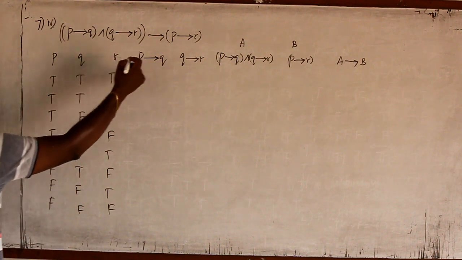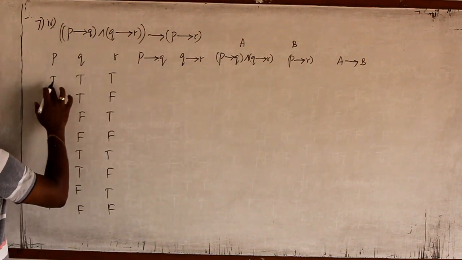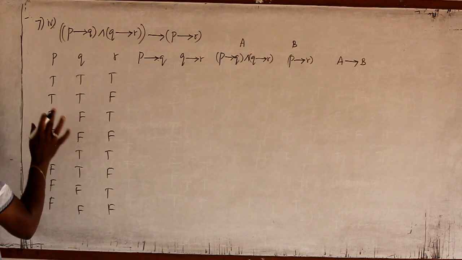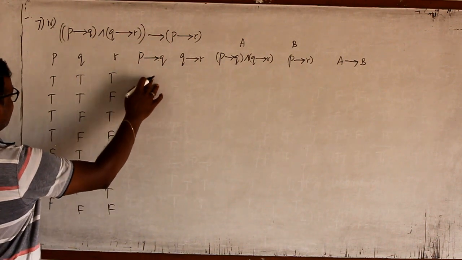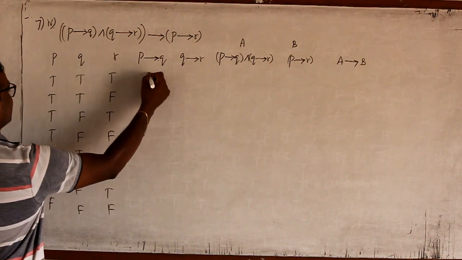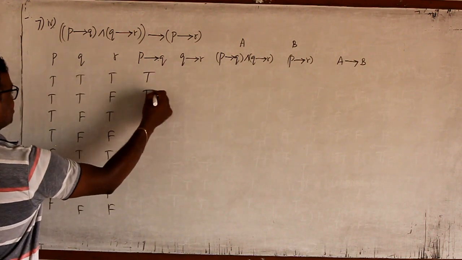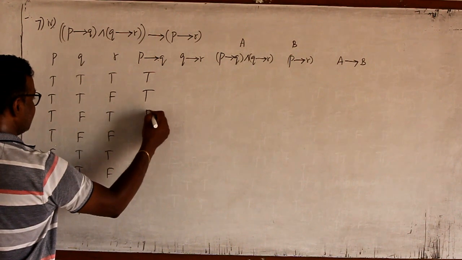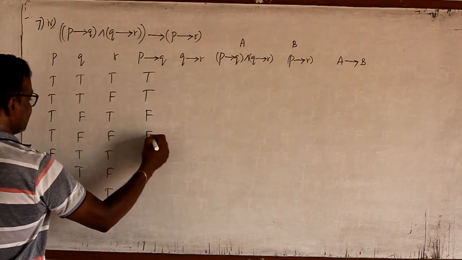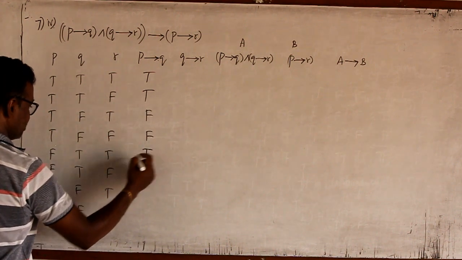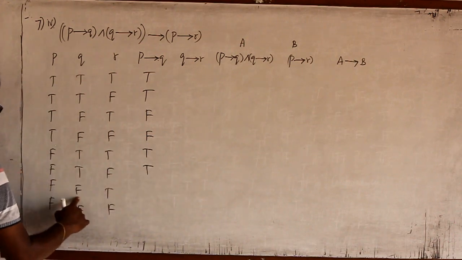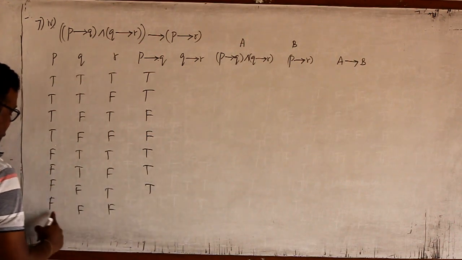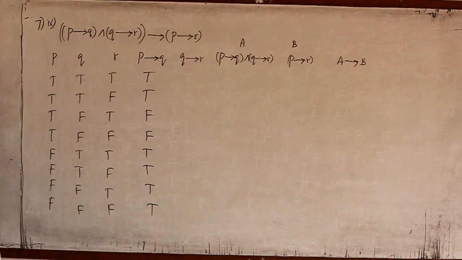Now, then means divide, 1 by 1. Remember, wherever infinity comes, then only that term must be written as false. All remaining are true. That is 1 by 1 true, 1 by 1 true, 1 by 0 infinity means false. Infinity means false. 0 by 1 is true. 0 means a number, so true. 0 by 1 is true. 0 by 0 is a number, so true. 0 by 0 is a number, so true.